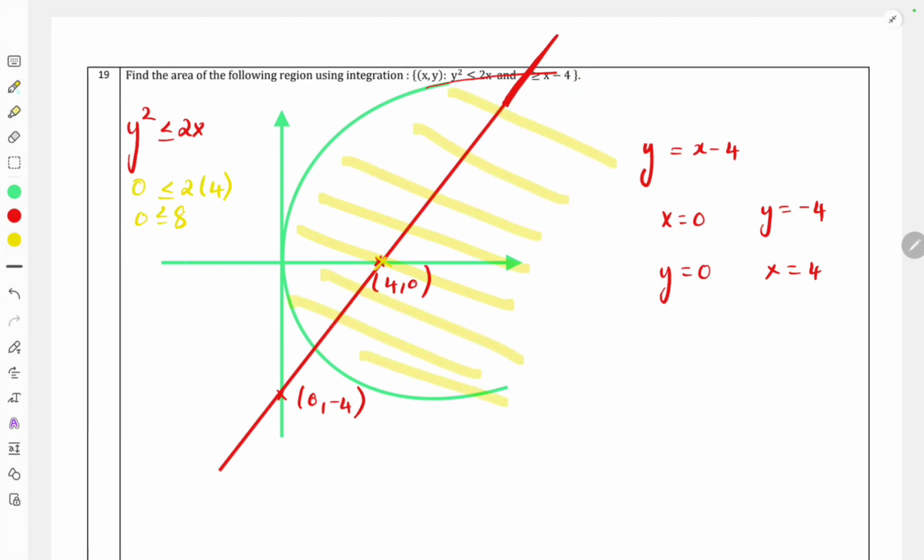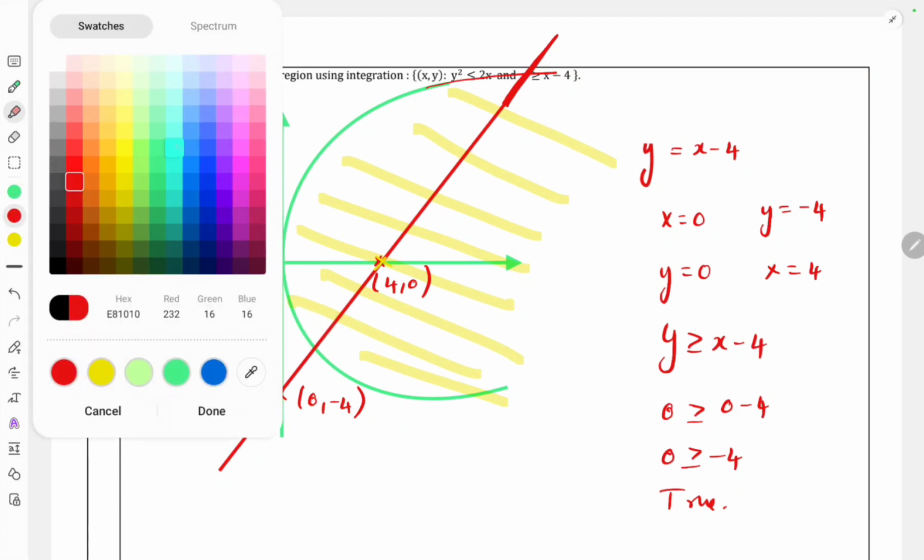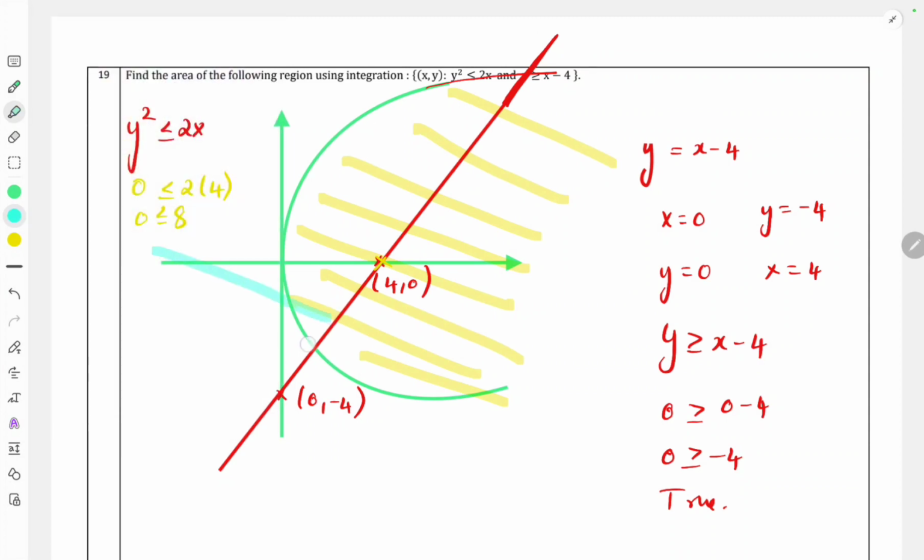Next, we have to take this line equation, which means y greater than or equal to x minus 4. Here also I have to take any point which is not on this line. I can take 0, 0. So 0 greater than or equal to 0 minus 4, so 0 greater than or equal to minus 4, which means it is also true. For this also I have to shade towards the origin, because we have taken that point as origin, which means we have to shade towards the origin, this one,